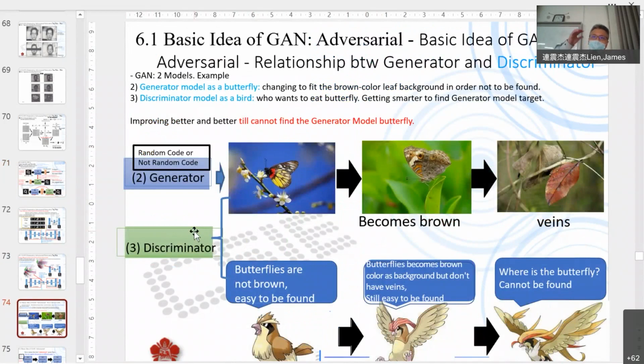So that's why for the GAN we need 3 steps. The first one and second one are the same as PCA, but the GAN is better than PCA for the first 2 parts. For the third part, in PCA we have LDA, right? And we also have SVM for the discriminator.